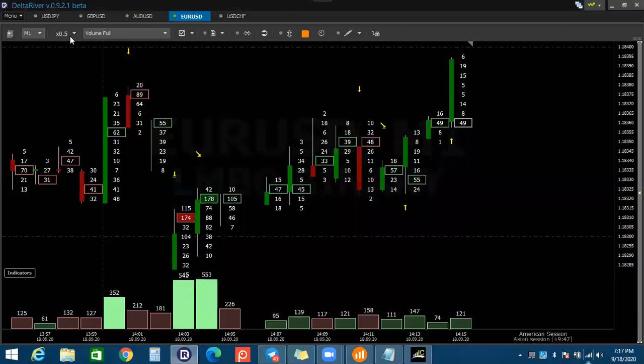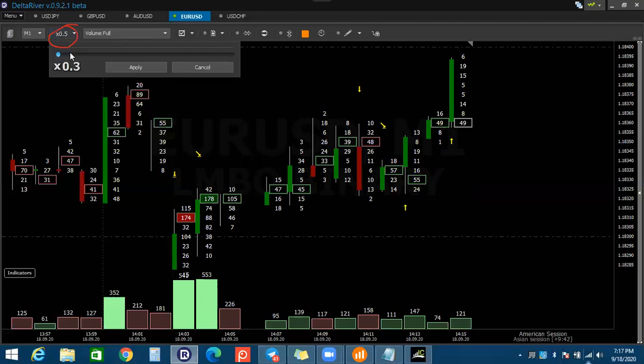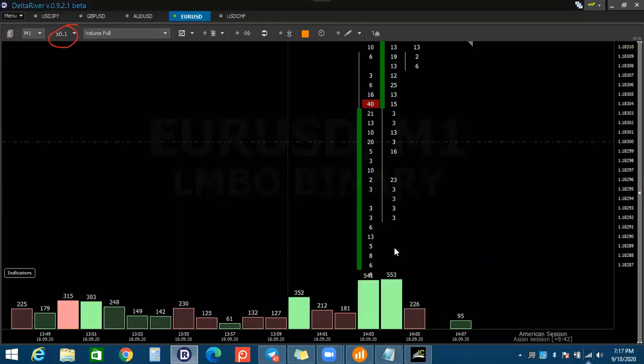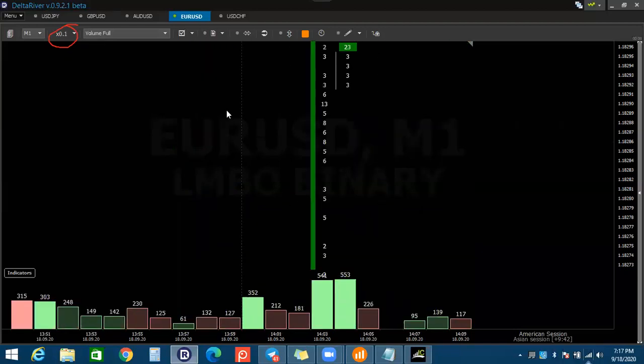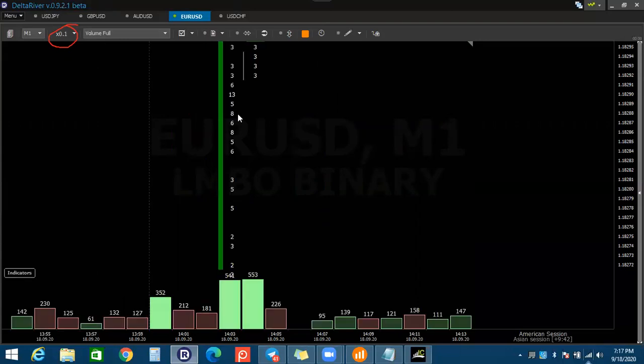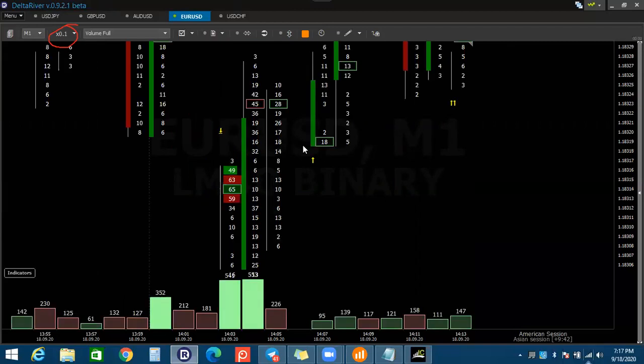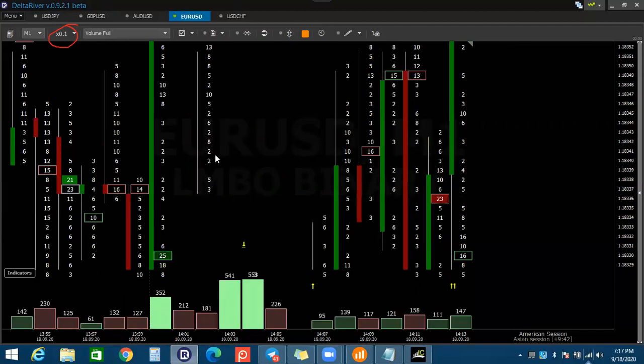And you look at this one. This is a multiplier. What we can say, it's a compiler. When I reduce the data, look, I reduce from 6 to 1. You will see these types of candles, because there are so many ticks in one candle. Every second there are so many ticks. But I don't want that, because I cannot take any decision or analyze this type of volume. So I need to compile this one.